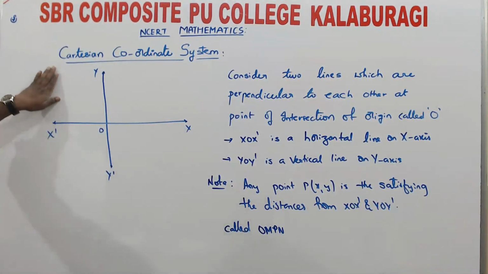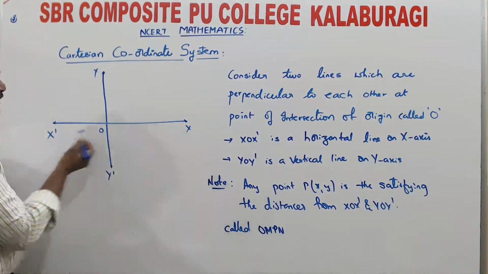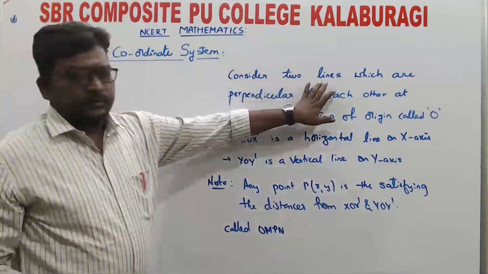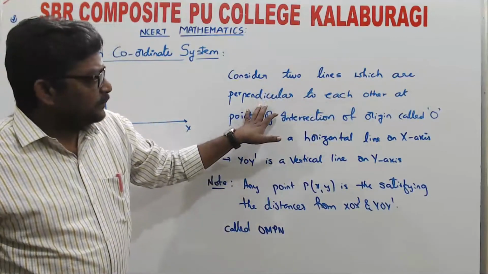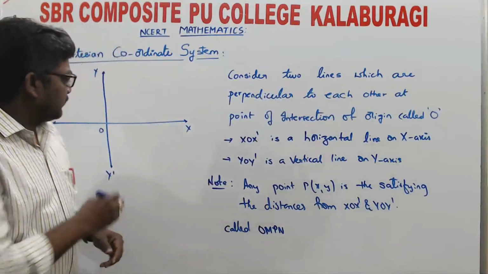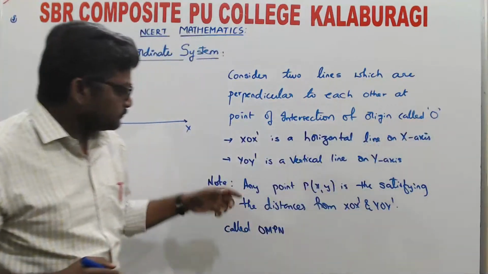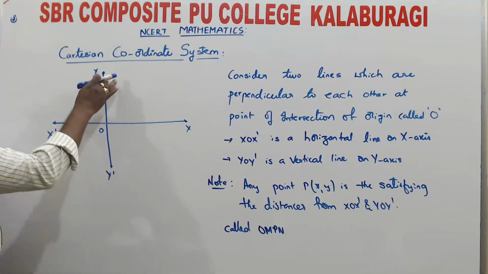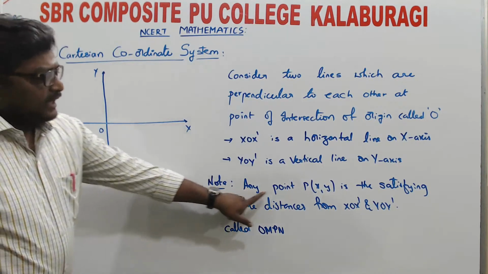In the Cartesian coordinate system, there is an x-axis and a y-axis. Consider two straight lines which are perpendicular to each other at a point of intersection called the origin. This line is called the horizontal line. This line is called the vertical line. At any point